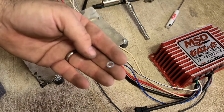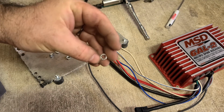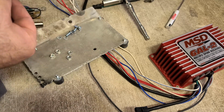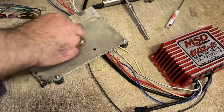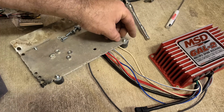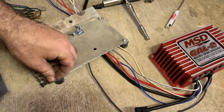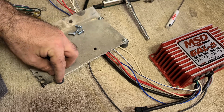They only give you 4 of these. I don't know if these are supposed to go on the bolt through the MSD, or on the nut side of the back side of this. Never actually used the isolators. I always just straight mounted that thing. I say that like I've got a ton of experience. I think I've installed 2 MSD